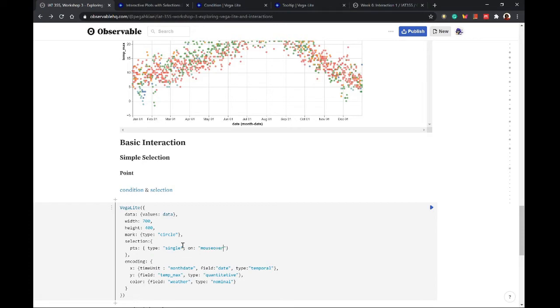This way whenever you hover your mouse through your data points, a single selection is happening. Then for the color field, I want to make my color dependent on the values of condition. So what I mean is, I want a condition to happen when I'm choosing the color. So here I set a condition,